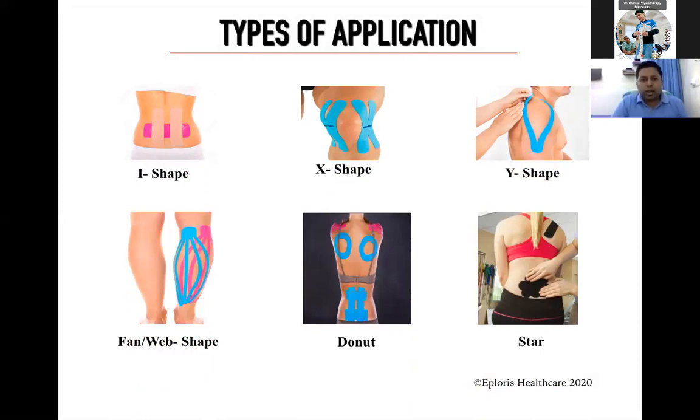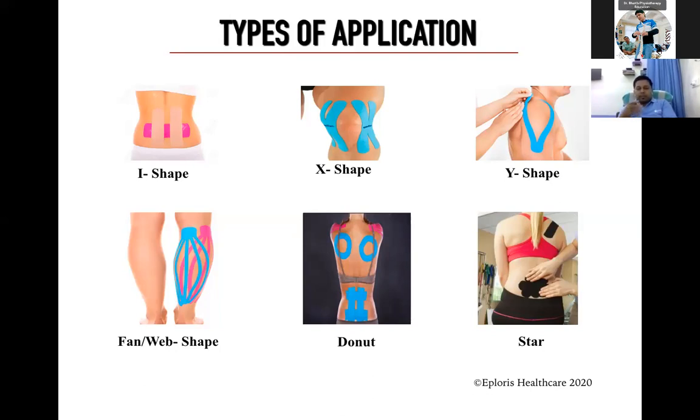Okay, so I was just talking about the different shapes and their properties. I have cleared the white shape. So coming to the fan or wave, whenever we want to apply the taping for a larger area, we make a fan or wave type so that we can cover a larger area. Also, in case of lymphatic drainage, we try to create the channel with the fan or wave.